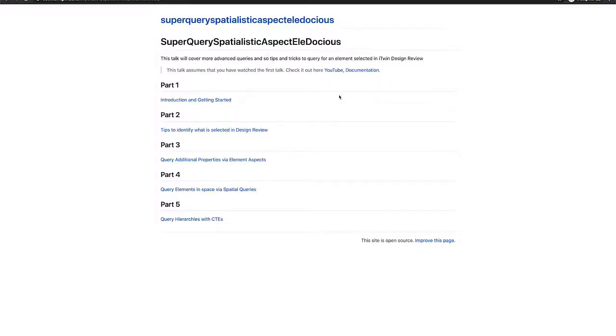Hello, my name is Colin, and I'm here to do a second talk on querying your iModel. This one is entitled Super Query Spatialistic Aspect Alidocious. And we're going to cover some more advanced topics and some tips and tricks that you can use when you're in design review to understand what you've actually selected and figuring out how to query it inside of the iModel